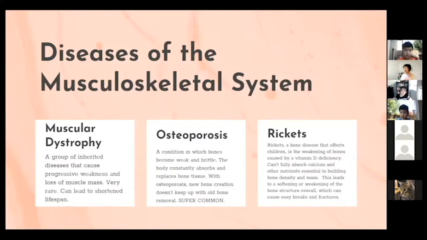And rickets, guys, this is why your parents want you to get away from screens and go out to play, maybe once in a while or maybe every day. It's because you get vitamin D from the sun. And vitamin D helps your body absorb nutrients and use minerals, because otherwise you can't absorb minerals or nutrients. So you need that vitamin D to help you absorb these nutrients. So pretty much rickets happens when you don't have enough vitamin D. Yes, Ethan. Also, your parents give you milk. It also has vitamin D. Yeah.